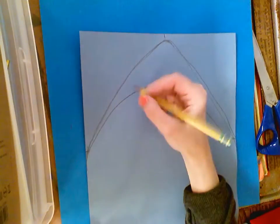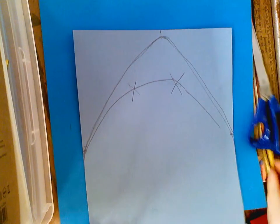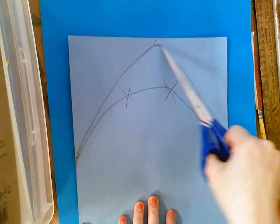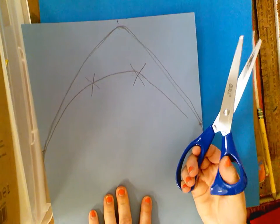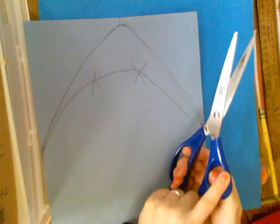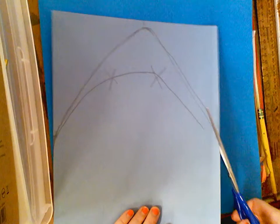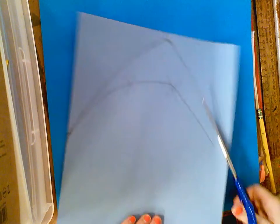So once I have a line I like, let's say I don't like this line, so I'm going to put an X through it. That way I don't accidentally cut out that line. I don't want that, okay? Once I have a line that I like, which is this one, I'm going to take my scissors, and you guys have smaller scissors than me, but remember our thumb goes in the small hole and our bunny ears go in the big hole. And I'm going to take my scissors and I'm going to very slowly